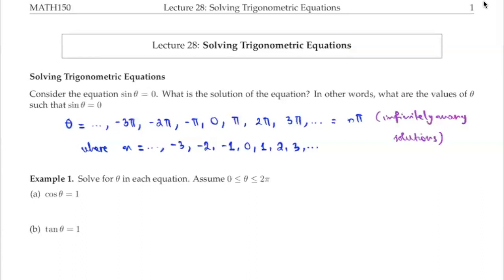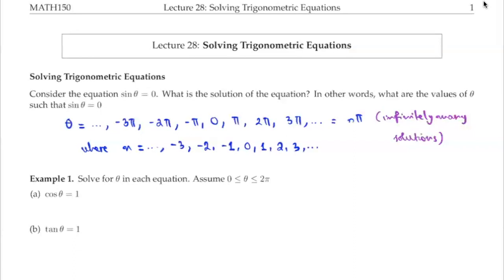However, as you can see, sometimes it's a little bit difficult to come up with the general formula like this. So in this case, it's easy: after a certain analysis, we can conclude that the solution is theta equal to a multiple of pi. Again, sometimes it's difficult to come up with that formula. And therefore, in solving trigonometric equations, we just need to find the solution in a certain interval,